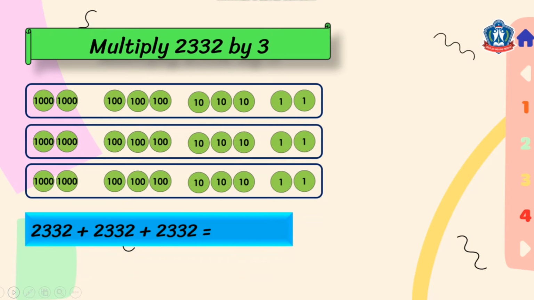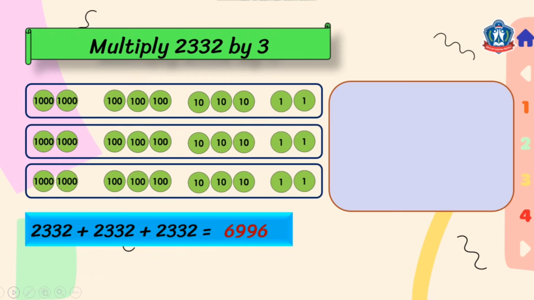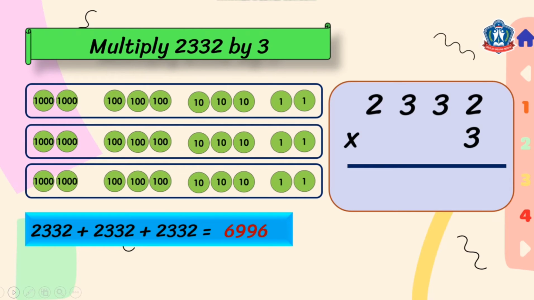2,332 plus 2,332 plus 2,332, it will give us the sum of 6,996. We can solve this problem by using a vertical form like this, and I'm sure you are familiar with